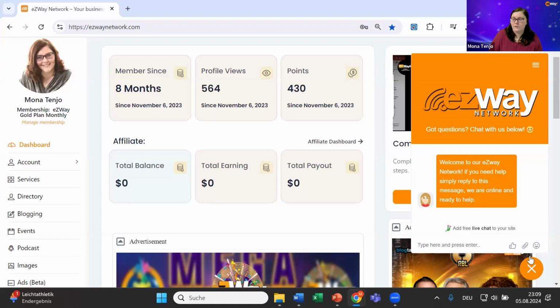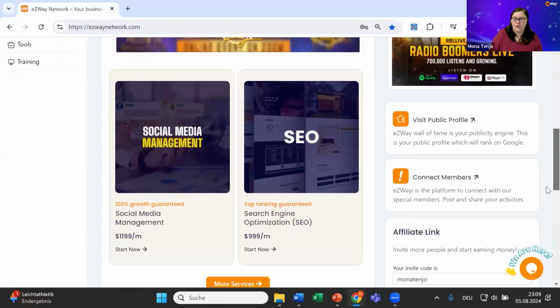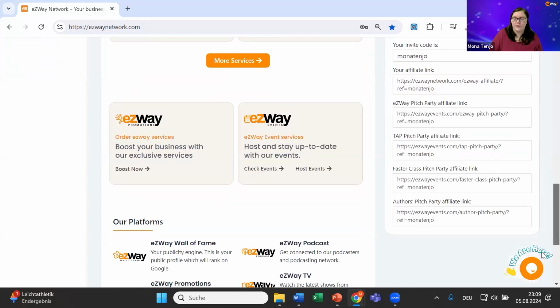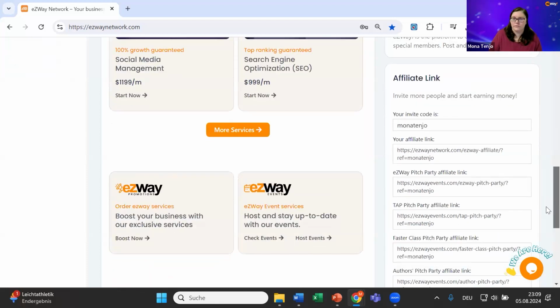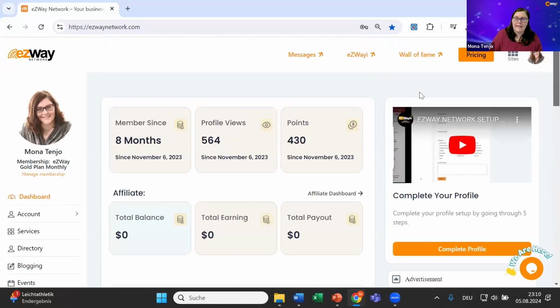So this is always available. You can also attach information if you have a screenshot, if you just want to show something, right? You can attach this here as well. So this is really your main page. Now, you see already here also your affiliate information and a lot more. We will still go deeper into individual areas, like the services and everything, over the coming trainings. I just want to focus today on helping you understand, okay, this is your working area, right?